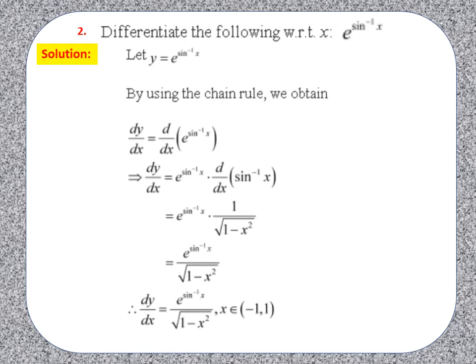Next is question number 2. Differentiate the following with respect to x, and the function is e power sin inverse x. Clear? So differentiating with respect to x, I told you to remember the chain rule. Now first we have to differentiate e, so for e power sin inverse x we are getting e power sin inverse x. Now we have to differentiate sin inverse x according to the chain rule. So the differentiation of sin inverse x is 1 upon under root 1 minus x square. So our final answer is e power sin inverse x upon under root 1 minus x square. It's very simple, exponential chain rule. Done. So pause and note down the solution.